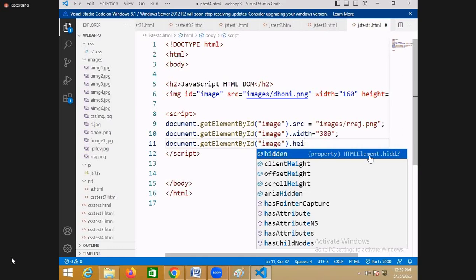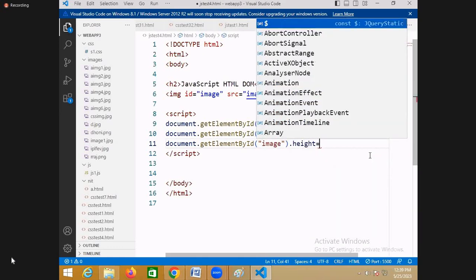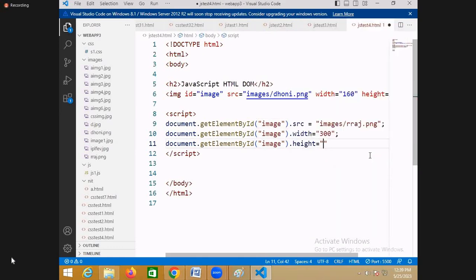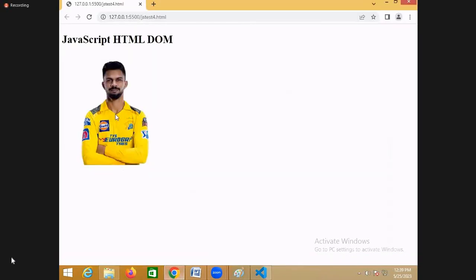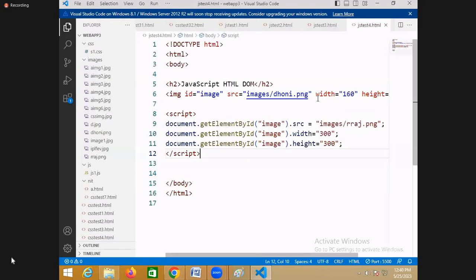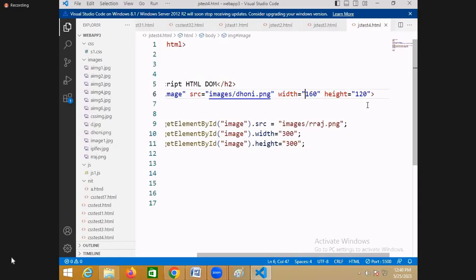And what are you changing? Which property are you changing? Height. So height also I define as 300. But initially the height is different. Is this height changed or not? Yes. But initially what is the height? Width 160 and height 120. But you are changing this width and height